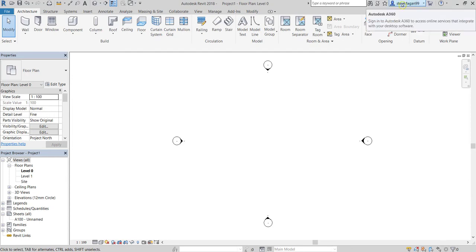We're also able to access the Autodesk A360. This is a very useful application with Revit. So if I'm working on a floor plan or I generate some images, I can upload it to my A360. And then when I go on site or meet a client, I can log into my A360 from any PC and I can show my work. It's a cloud-based system that Autodesk have created.